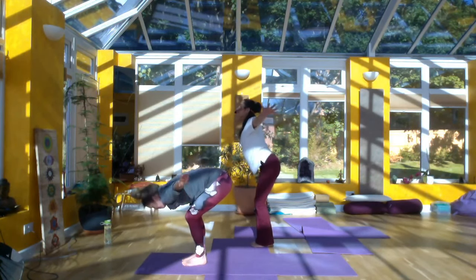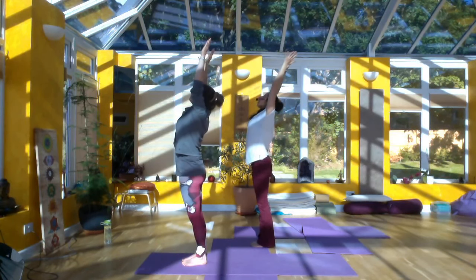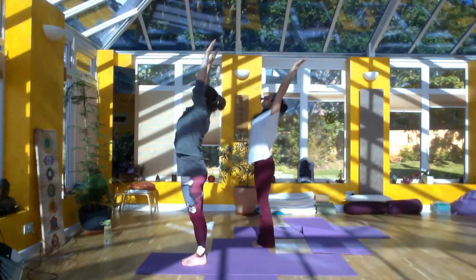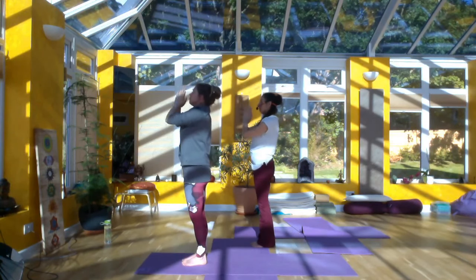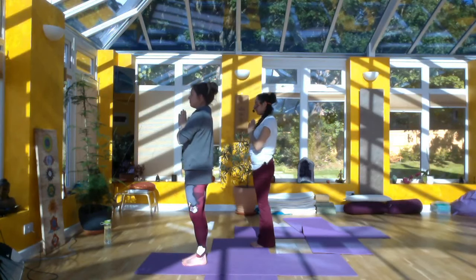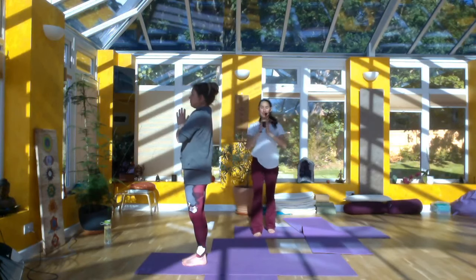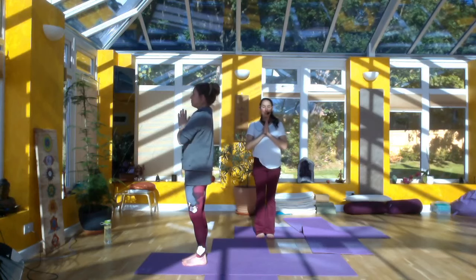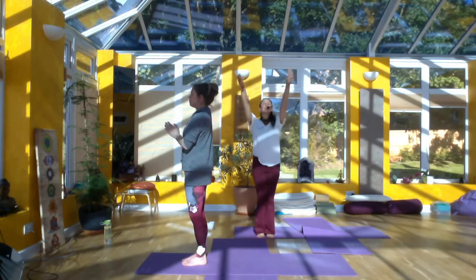So, inhale, come up. Opening to the sun, so this is solar plexus and heart. Hands together, heart, hum. Integrate, soften, feel the difference between the right and the left. Feel the subtle changes in your body. Last round. So,